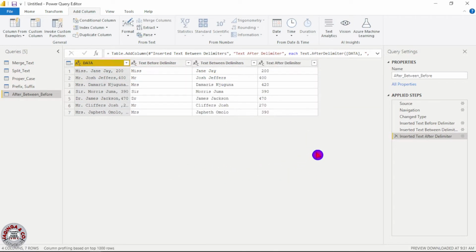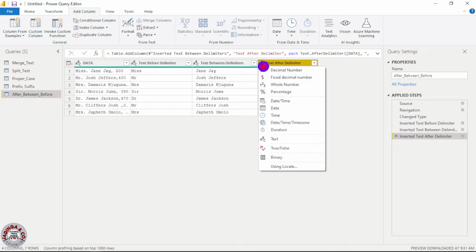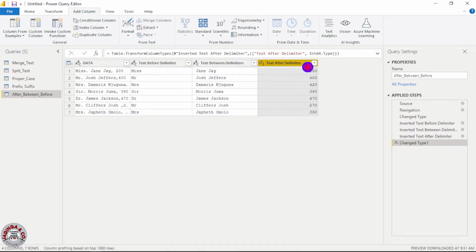So now I have values, and the values that I have are in the form of text, but I can change them into numerical values. I'll come here and click on this ABC, then change the text to whole number. Now we have values as whole numbers. So after extracting your values from the data given,